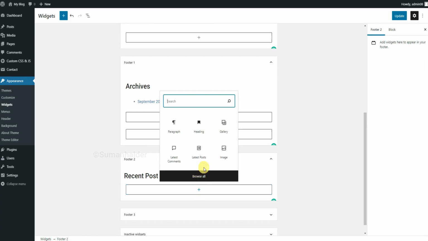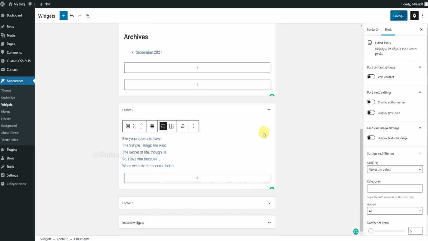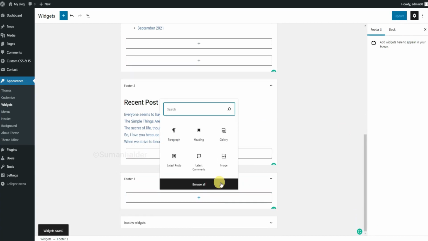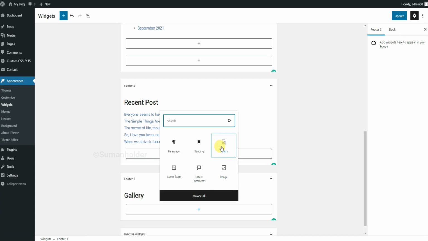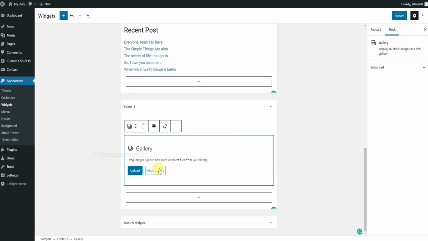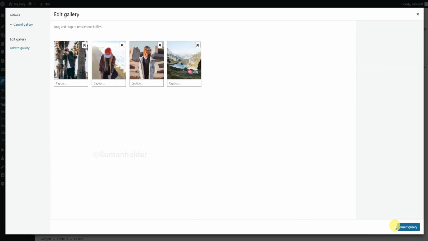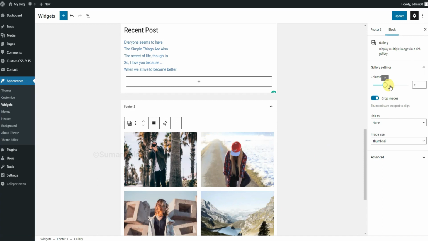Again click plus icon for element, choose latest post. Click footer 3. Click plus icon, click heading and type gallery. Again click plus icon and click gallery and upload your gallery image. Click insert gallery and set gallery column and click update.